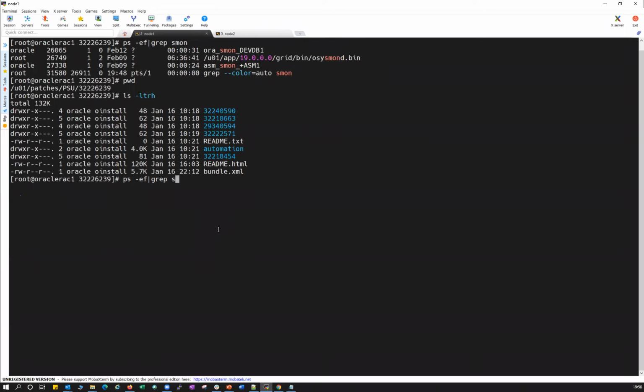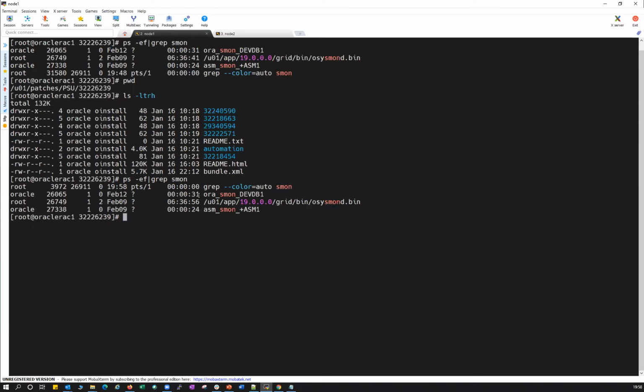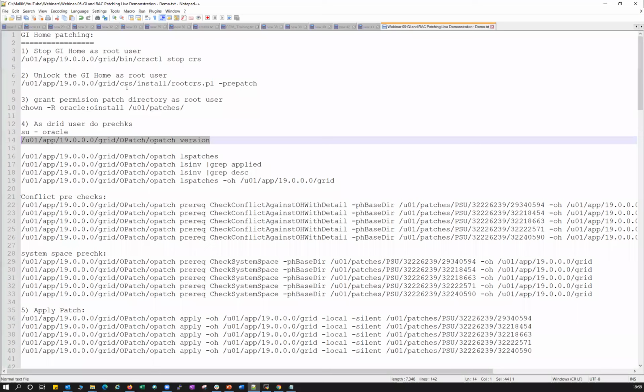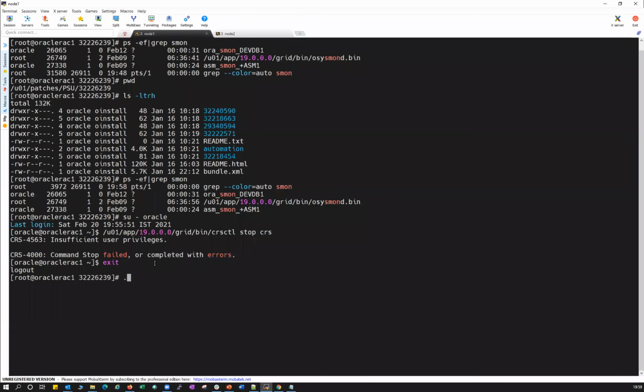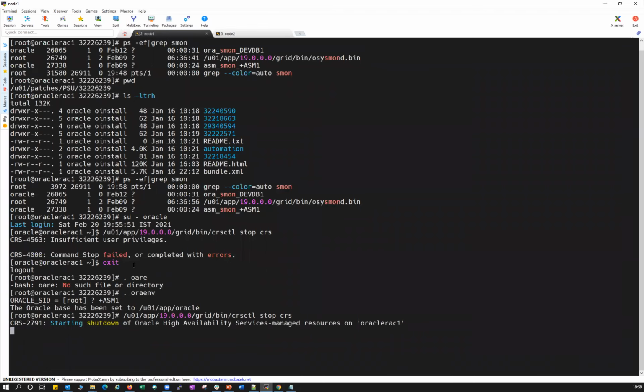Yes, ps -ef | grep smon. My Oracle owner is oracle and grid owner is also oracle, so I just log into oracle. I no need to worry at all, because some environments will have grid owner as grid and oracle for Oracle. So now I will stop my cluster. I will do it on node 1. Sorry, it should be the root user. Sorry for that. I'll just set the environment. So I'll just stop my CRS on node 1.